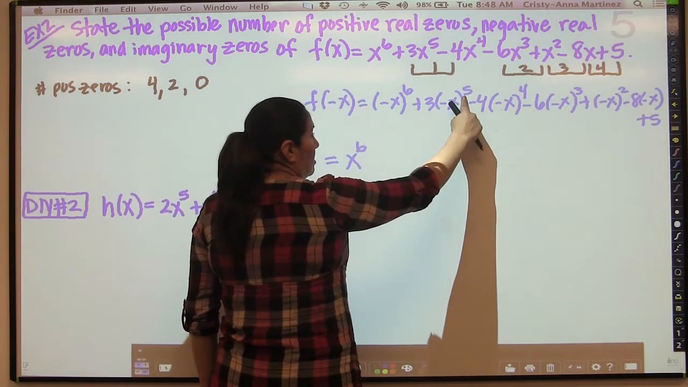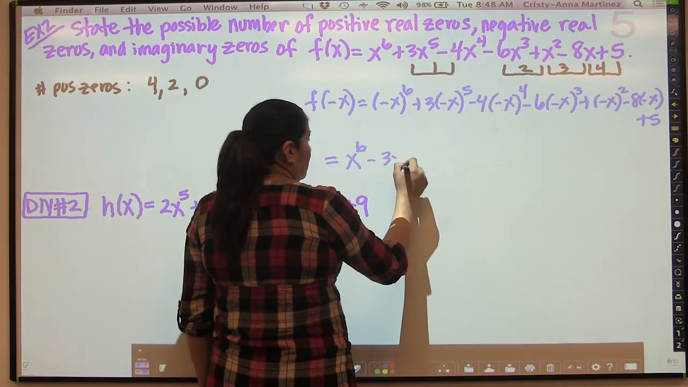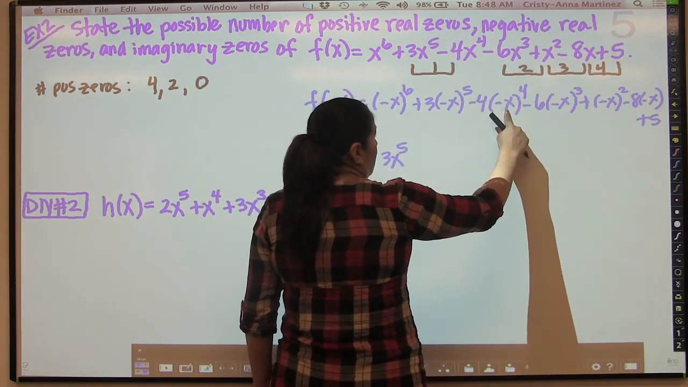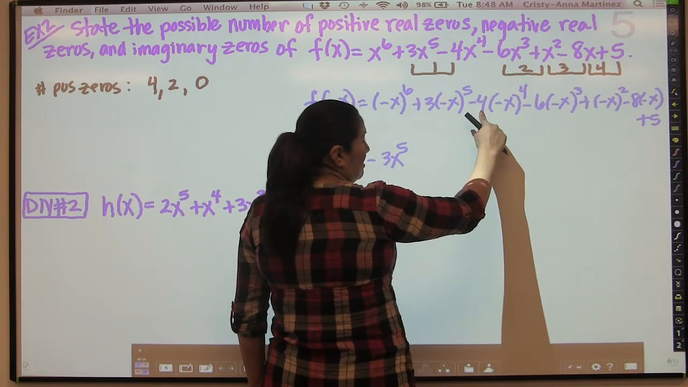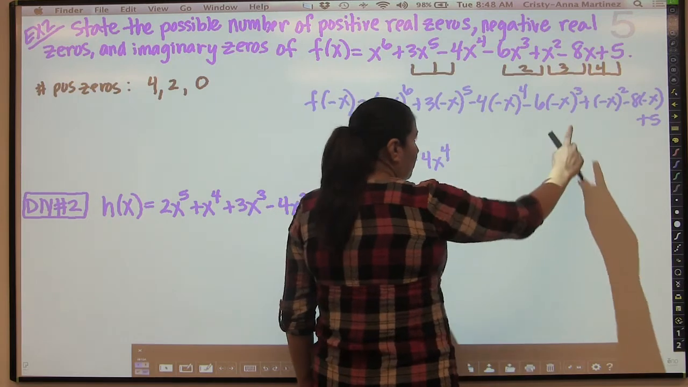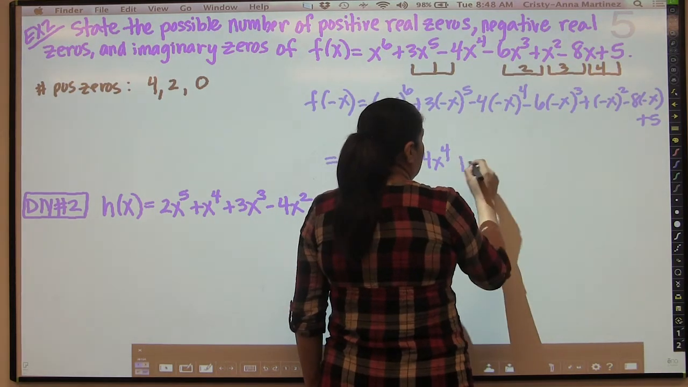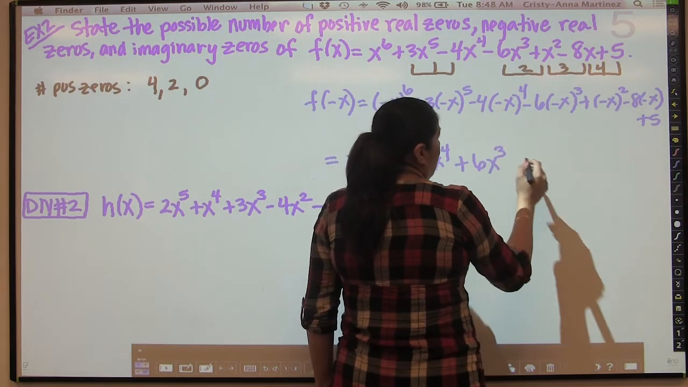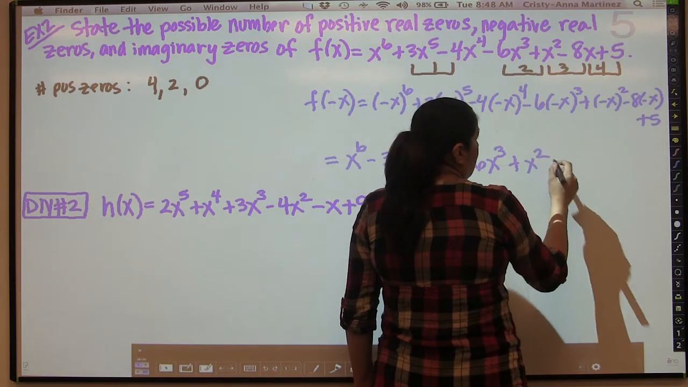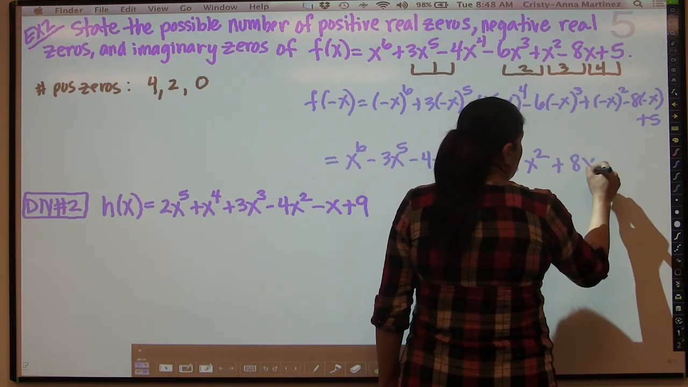Now this is an odd number here, so this is going to be negative x to the 5th, so it'll be minus 3x to the 5th. Then we have, this is going to be positive, so it's going to be positive x to the 4th, but that's still a negative 4, so it's negative 4x to the 4th. The negative x cubed and the negative 6 are going to be positive 6x cubed. And then the negative x squared is going to be a positive x squared. And then we have negative 8 times negative x, which is going to be a positive 8x, and then plus